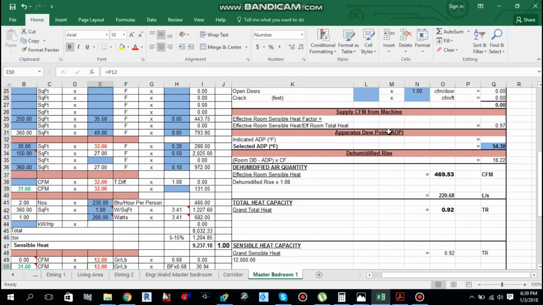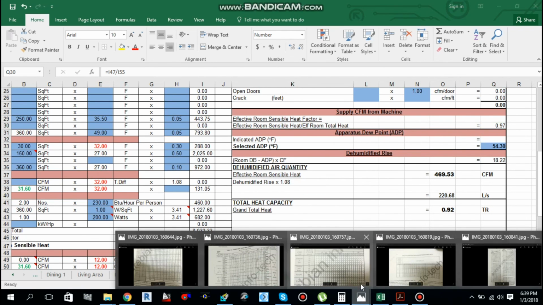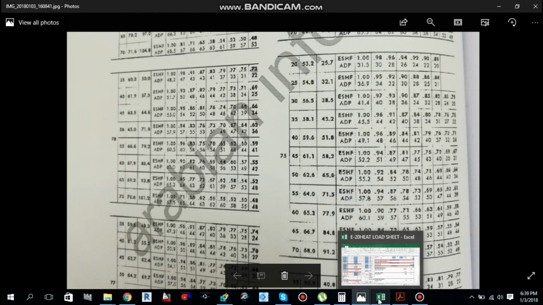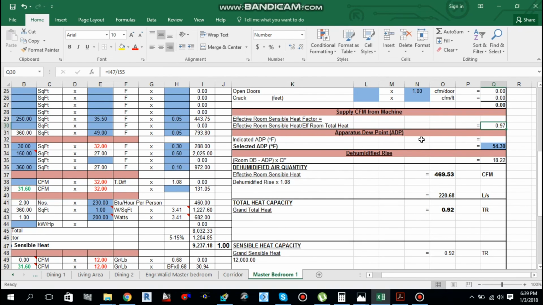As we have seen, the effective room sensible heat factor is 0.97. Move back to one more chart. Here we know that the inside design dry bulb temperature is 75 and relative humidity is 50%. So this is the dry bulb temperature 75 inside, and this is relative humidity 50. And this is the effective sensible heat factor 0.97.